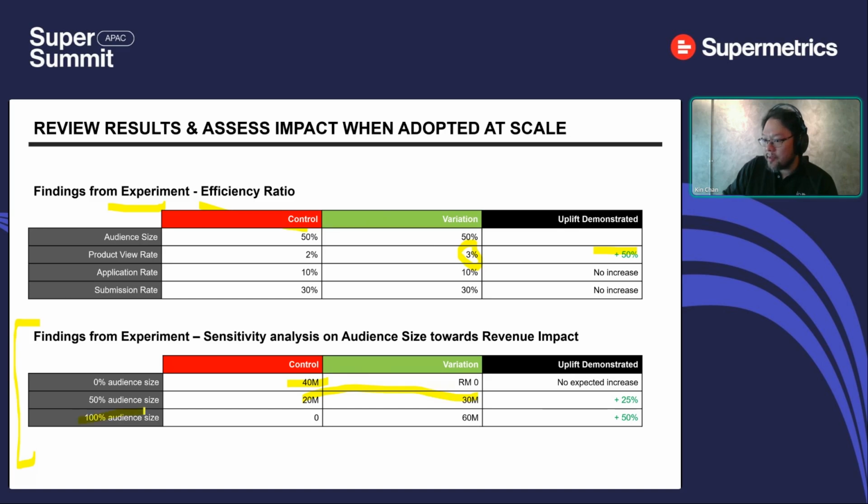But if we take the time to run this across everybody, we are now able to move from only 40 million all the way to 60 million. This narrative needs to be a playbook for everybody who wants to secure not only incremental consideration when tabling this for management approval, but ultimately giving the team confidence so that you can scale this across different product lines based on strategies that are not only proven, but ultimately beneficial for your business and the consumers that